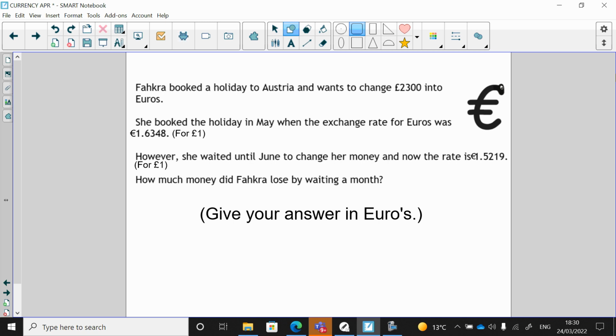So we've got a little question here. Just give you a little bit of time to take it in. A lot of you, if you have been attending class, have seen this question. Something called FACA booked a holiday to Austria, and they want to change £2,300. That's important. They want to change that into euros. And the second part says they booked a holiday in May when the exchange rate for euros was